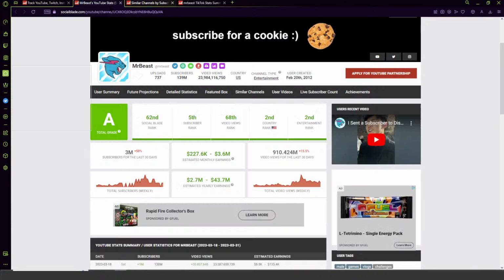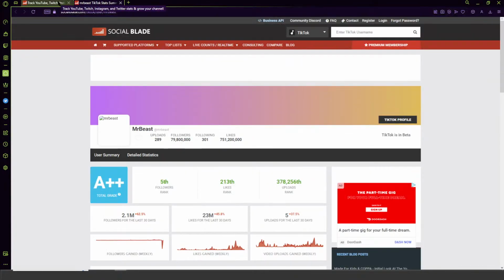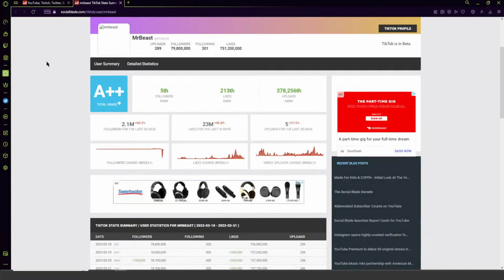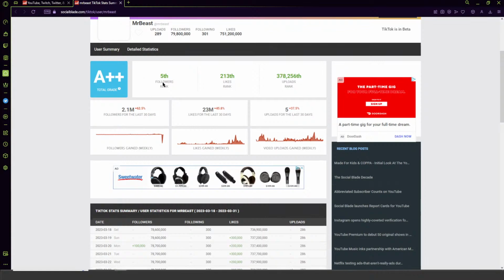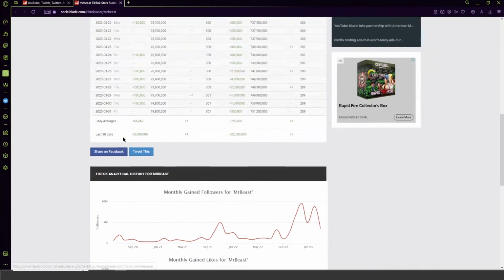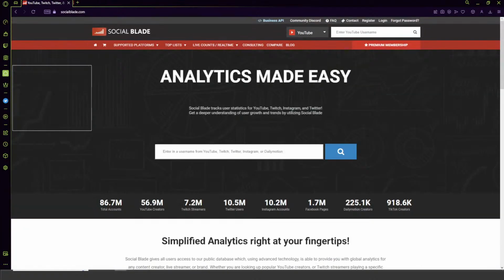But what if we were to take Social Blade, and we'll just take a quick peek here at the TikTok summary just to show you that they've got the same sort of data for TikTok. But what if we were to take TikTok and point it at a small channel, like my class streaming channel, Mr. Ramsey's Classes? What kind of data would we get out of that?